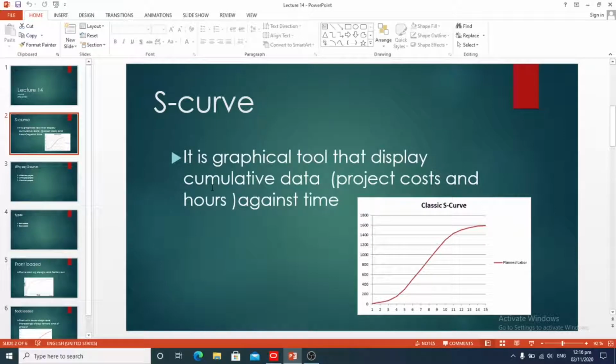The term S curve denotes the tendency of a cumulative curve to form a shallow S shape, flatter at the start, steeper in the middle, and flattening off again towards the end. Although the S curve derives from the S-like shape of the curve, don't be surprised if your S curve is not in the shape of an S. There are several shapes for the S curve which depend on the nature of the project.